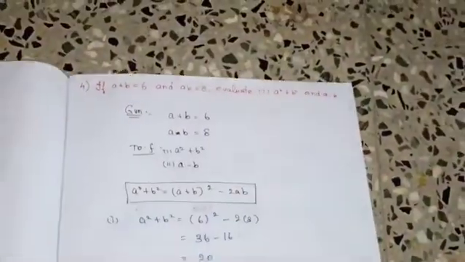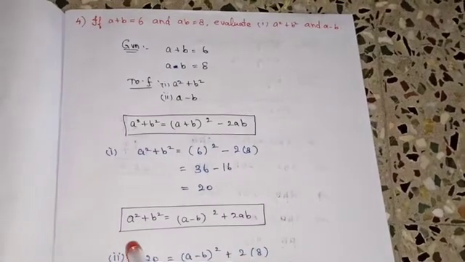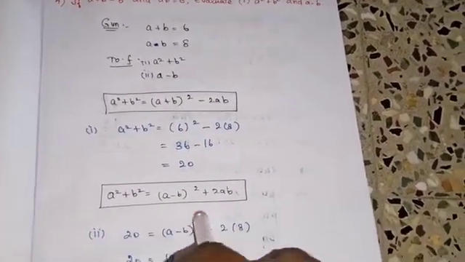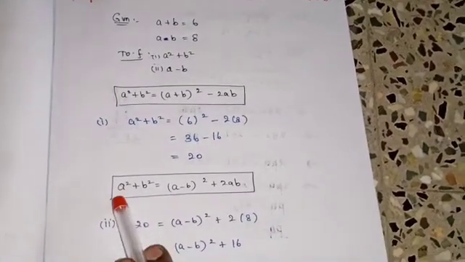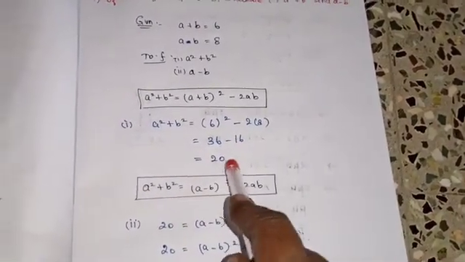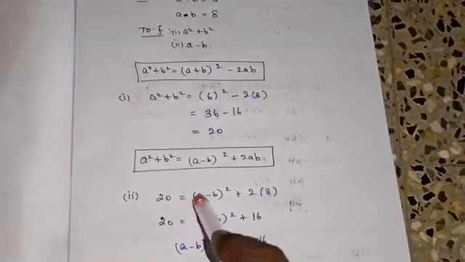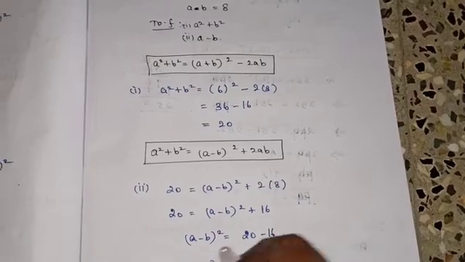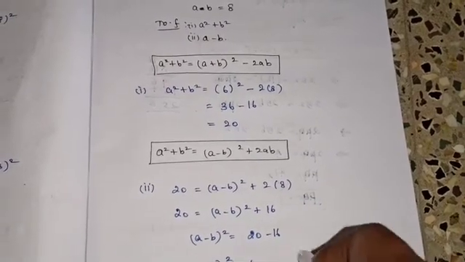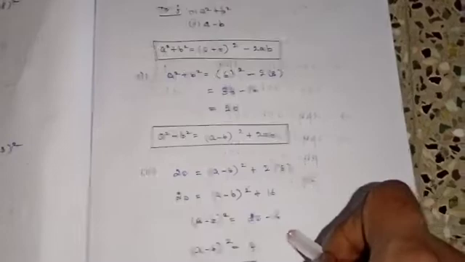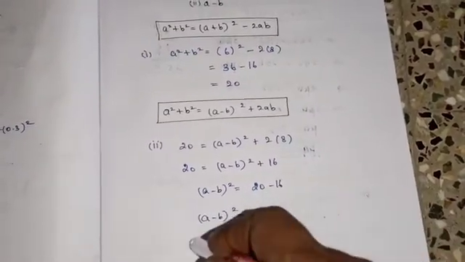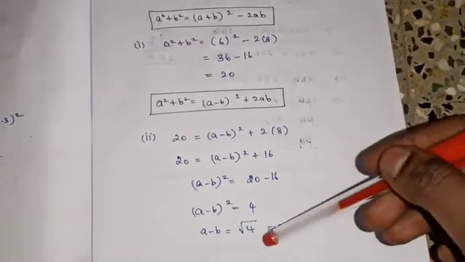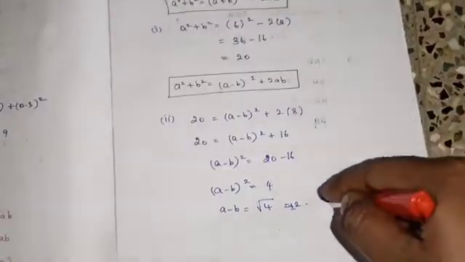And also find the a minus b. That means using the formula of a square plus b square having the a minus b term. So that formula you will take. Substitute everything. Already you know the a square plus b square, the answer 20. So 20 is equal to a minus b the whole square plus 2 into 8. 8 2s are 16, so 16 goes that side. So a minus b the whole square is equal to 20 minus 16. You get 4. But you want only a minus b, so the square goes that side as a square root. So square root of 4 is nothing but plus or minus 2.